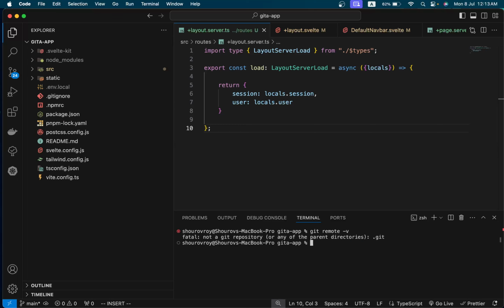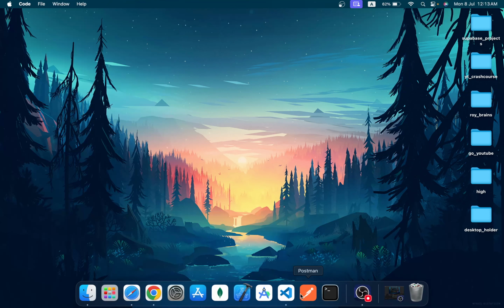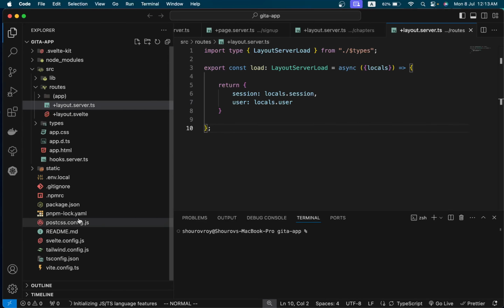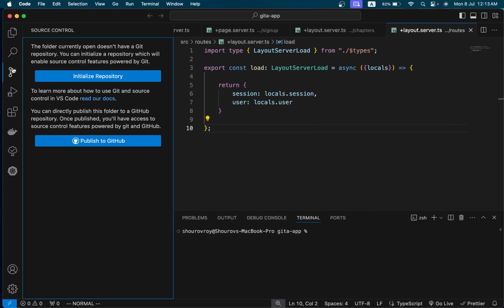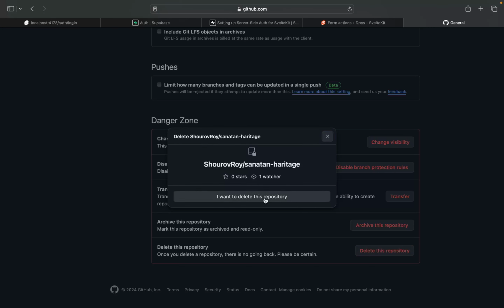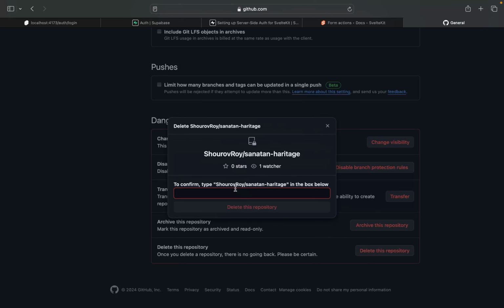remote -v. This is not working anymore. I guess let's stop it and open it again to see if this actually worked or not. Source control, yes, it's not there, so I'm going to delete it. How to delete this repository? I have read. Let's delete this repository,